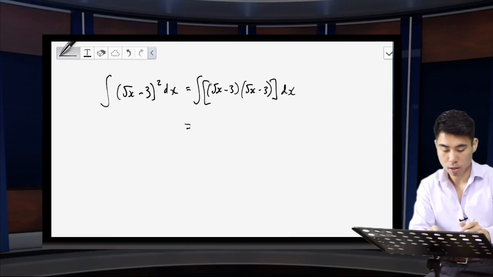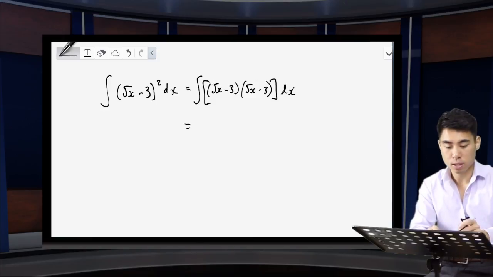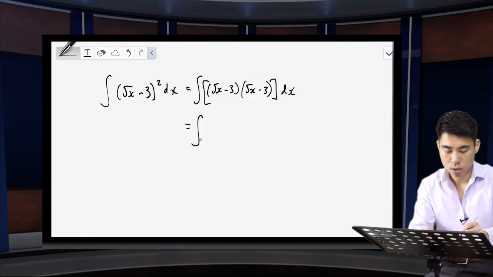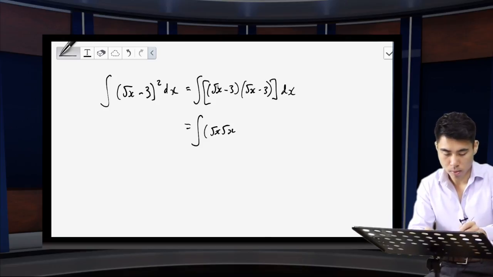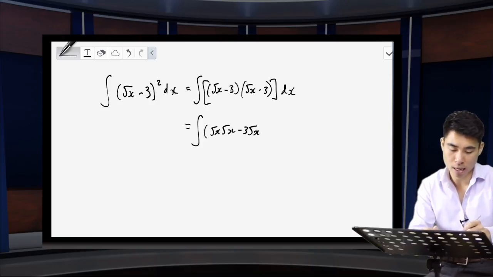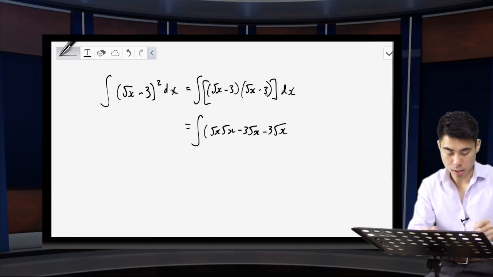So what I'm going to do is expand these sets of brackets in my square brackets, which gives me root x. So this one multiplied by this one, minus, so this one multiplied by this one now, minus 3 root x. Now looking at the second term in the first brackets, minus 3 times by this one, root x, times by, minus 3 times by minus 3 gives me plus 9